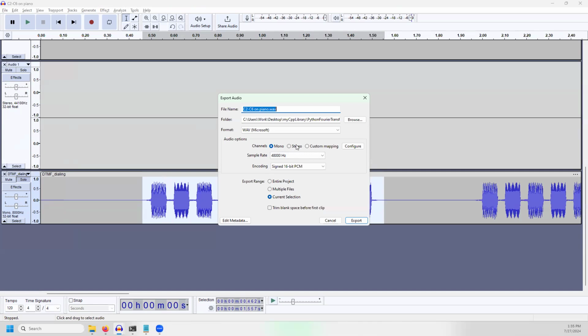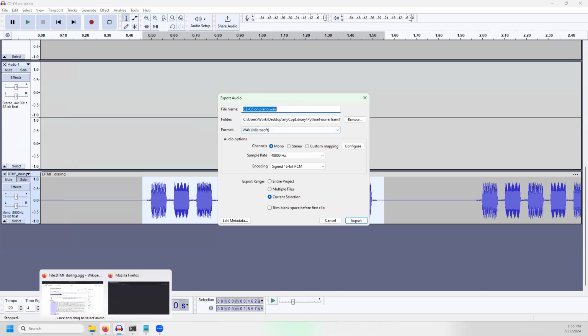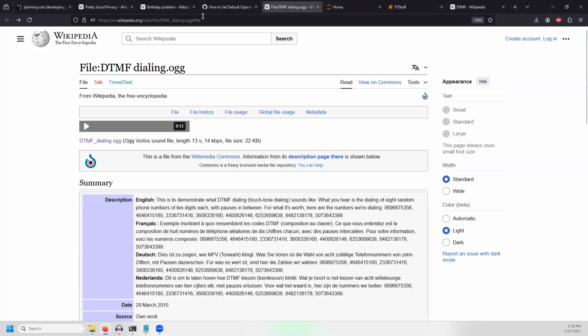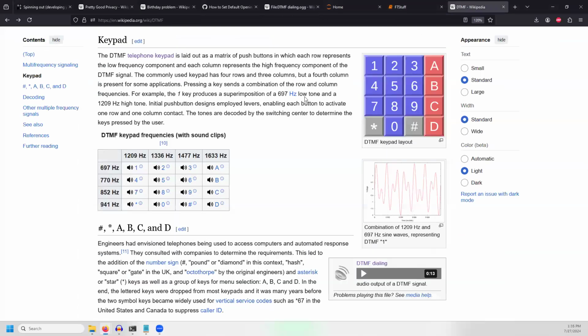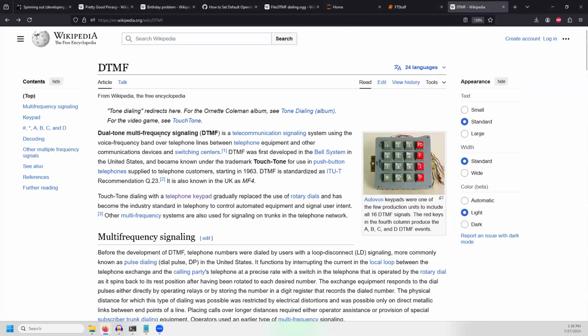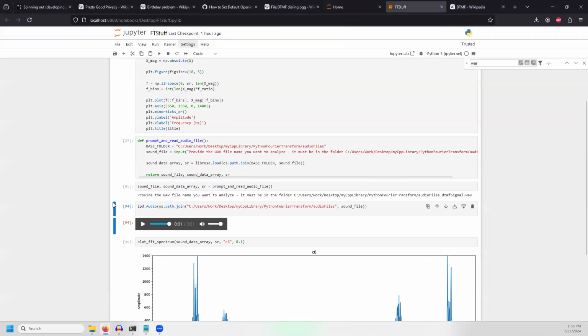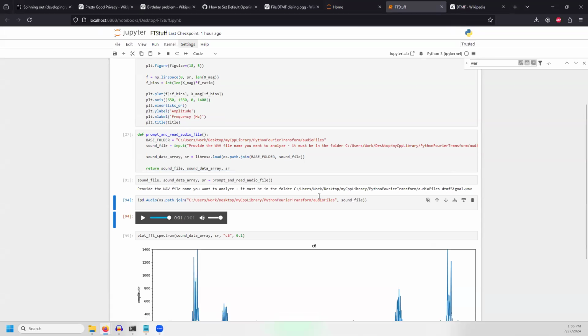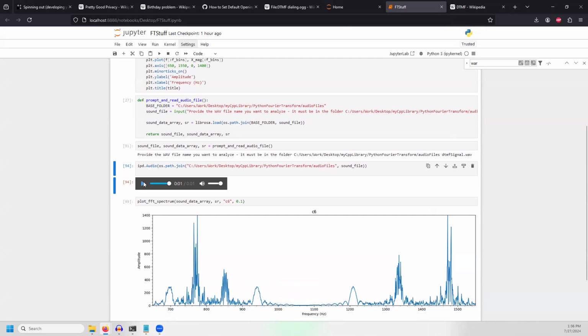But selecting mono, I named the file DTMF, dual-tone multi-frequency, I think is what that stands for. Okay. Yeah. And read this in. The DTMF signal.wav only reads in that first wave. If I play it,